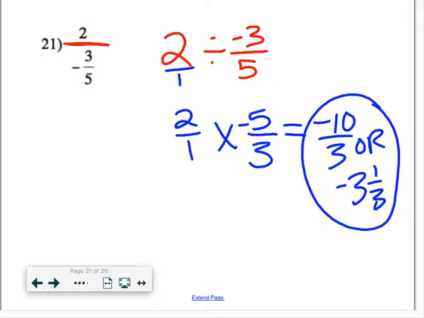Now, there is another method that I want to show you. One of my parents helped me learn this last year. I guess they do it in Venezuela. It's called the Deep Blue Sea. Don't know why they named it that. Not really sure. So in this, you keep it as a big fraction, but you have to still change the